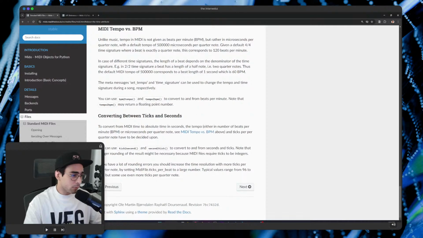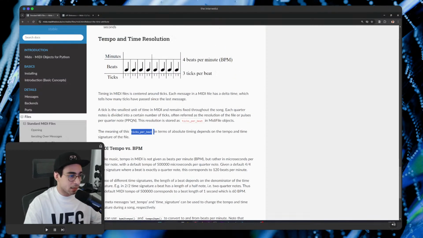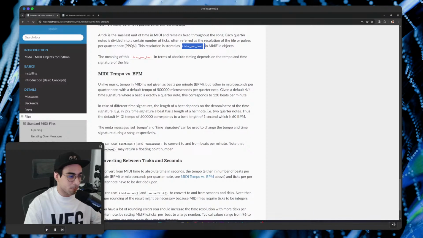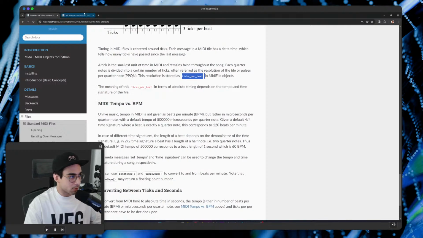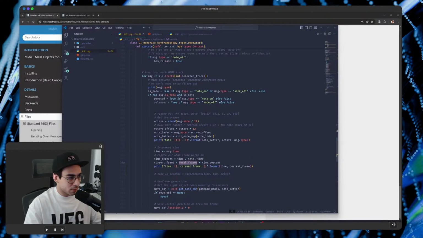But yeah, reading this documentation the other day, I was discerning that every MIDI file comes with a property you can see here called ticks per beat. And that is, I'm assuming, the BPM in MIDI terms. So we'll use this ticks per beat with this function down here called tick to second. This will help us convert the current tick to time in seconds, which should be a floating number maybe. We'll see. I don't know. But yeah, so ideally, if we come back over here,